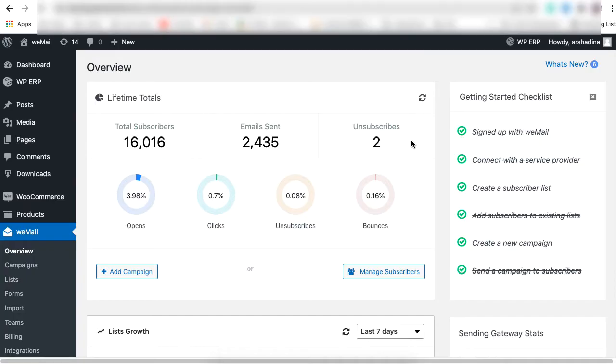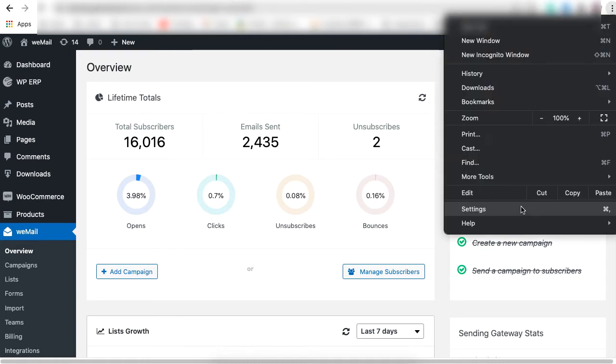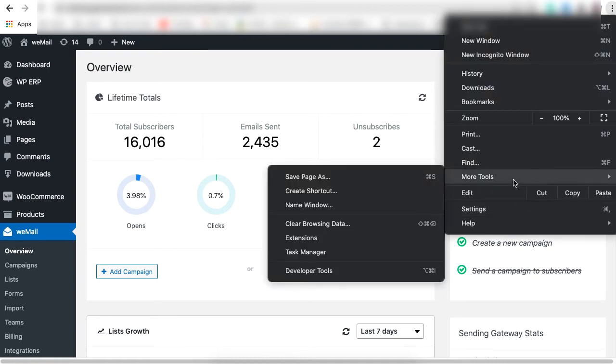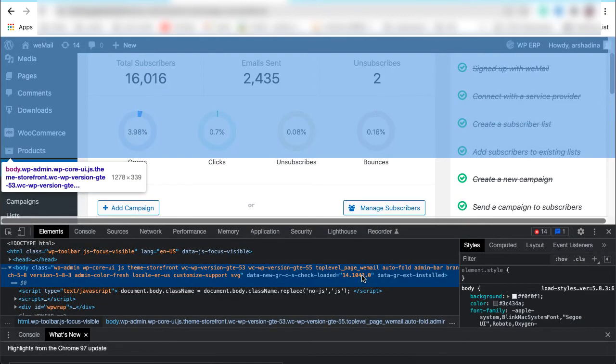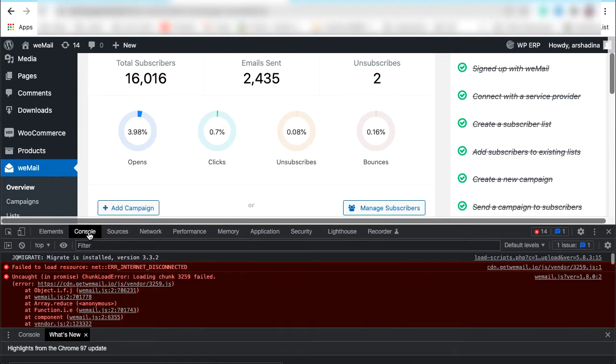You can identify the error in any of the browsers, such as Apple Safari, Google Chrome, Microsoft Edge, and Mozilla Firefox. For Google Chrome, go to Developer Tools under More Tools. Now click on Console and you will find the reason for the error of your site. If you ever reach out to our support team, you can mention the error you are able to see from